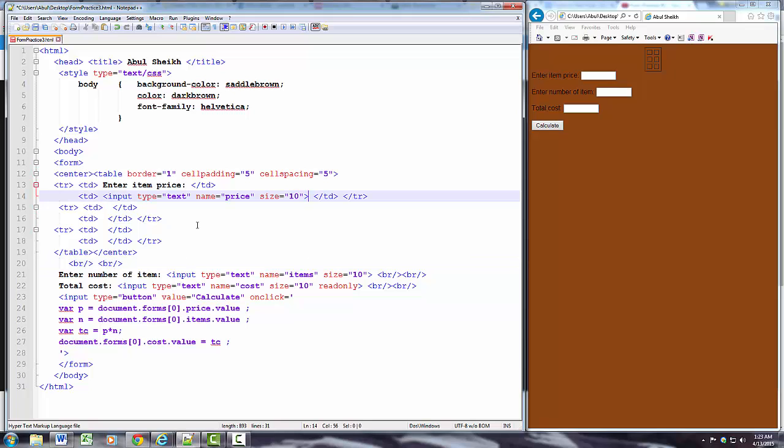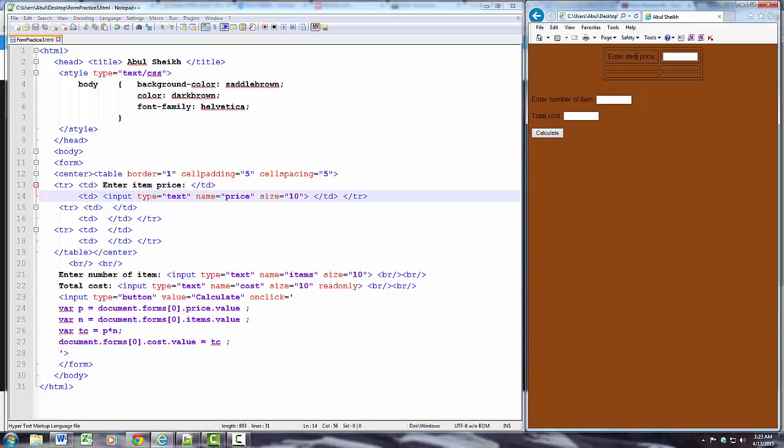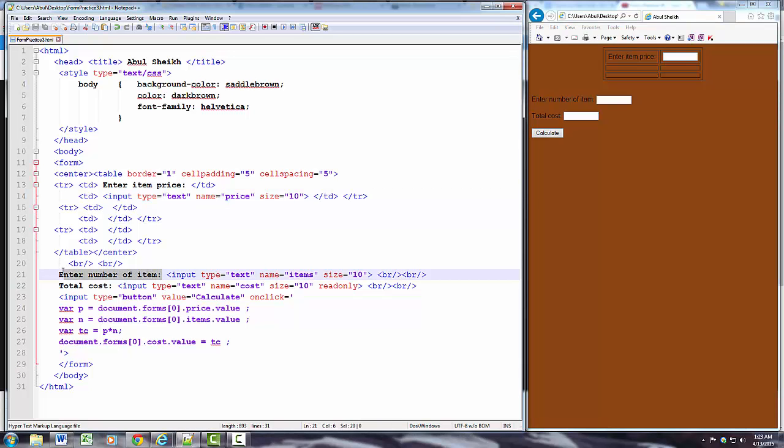Okay. Now I'm going to just do this much and save it and see how it looks. See, here is the first prompt and here is the text box. So you can just go ahead and do just that. You may even pause the video here and do it on your own, see if you can do it without being